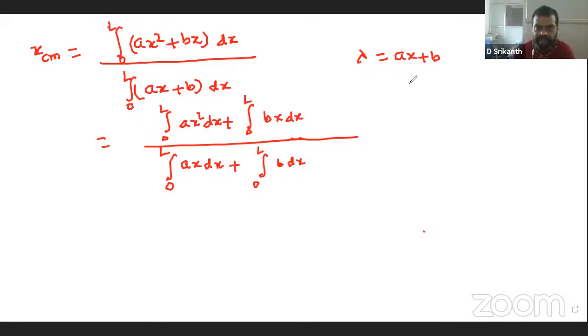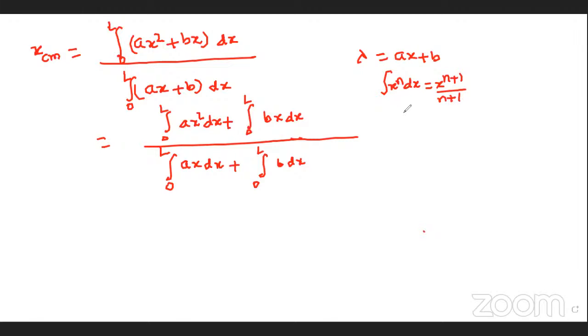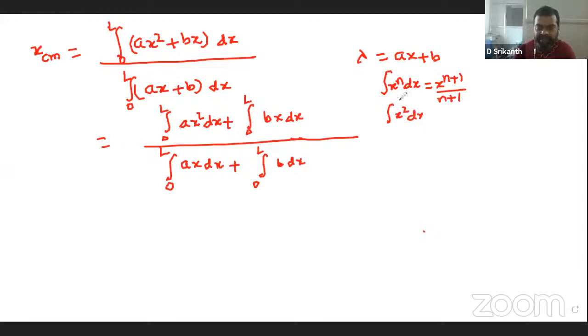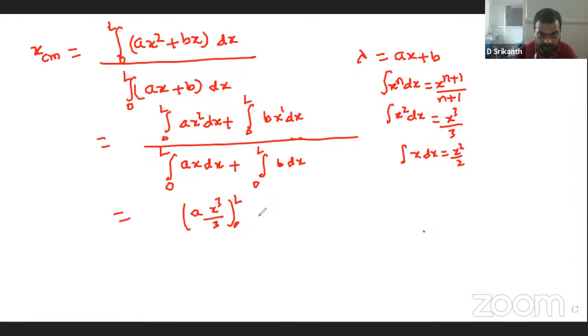What is the formula for integral x power n dx? That is x power n plus 1 by n plus 1. So integral x square dx, instead of n we are having 2, so I can write it as x cube by 3. And integral x dx, I can write it as x square by 2. So the first one is a x cube by 3 between the values from 0 to L, plus b x square by 2 between the values from 0 to L,